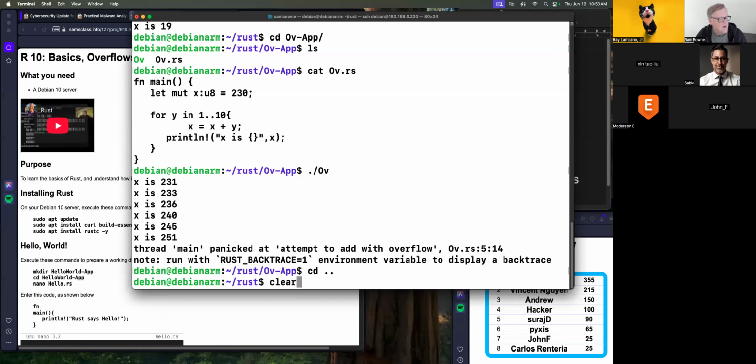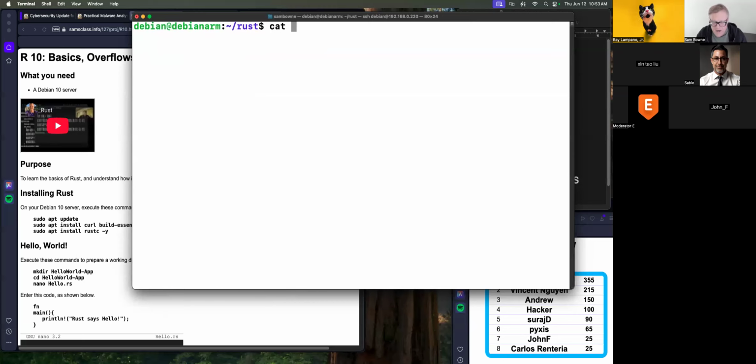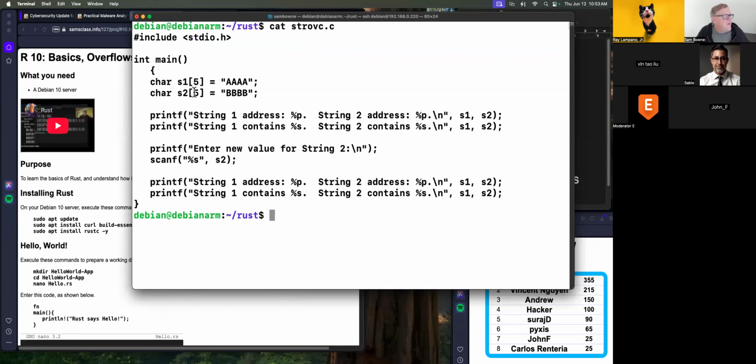Tried to get this. There we are. So cat str.c. Okay, here it is in C. I define two strings, each long enough to have 4 characters and a null byte at the end, containing A and B. Then I show the addresses where they're stored and the values in them. Then I input a new value for one of the strings and print them again. So if you run this,